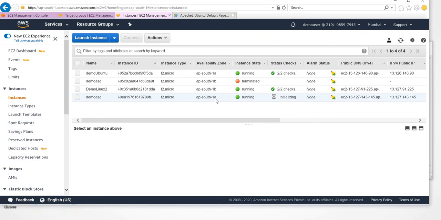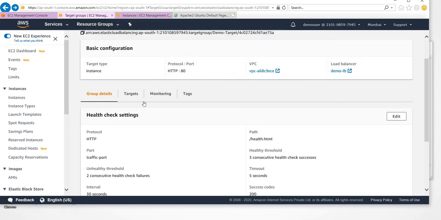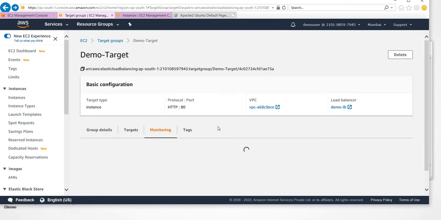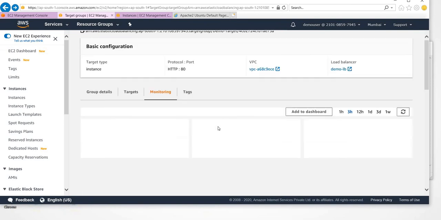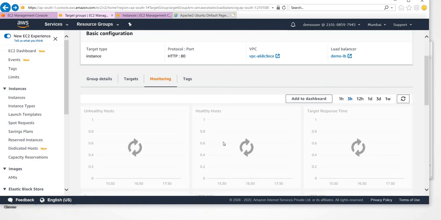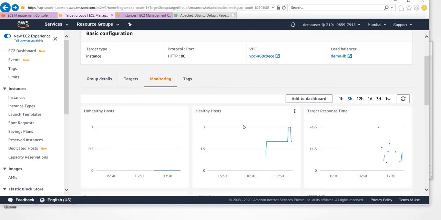So whatever availability zones we selected while creating the template, it will load balance between these availability zones and automatically create the instances. Since the condition breached, it got automatically created. Now if we go and see the monitoring section of the demo target group, it was at 3 and now it came down to 2, since the new instance is only starting.